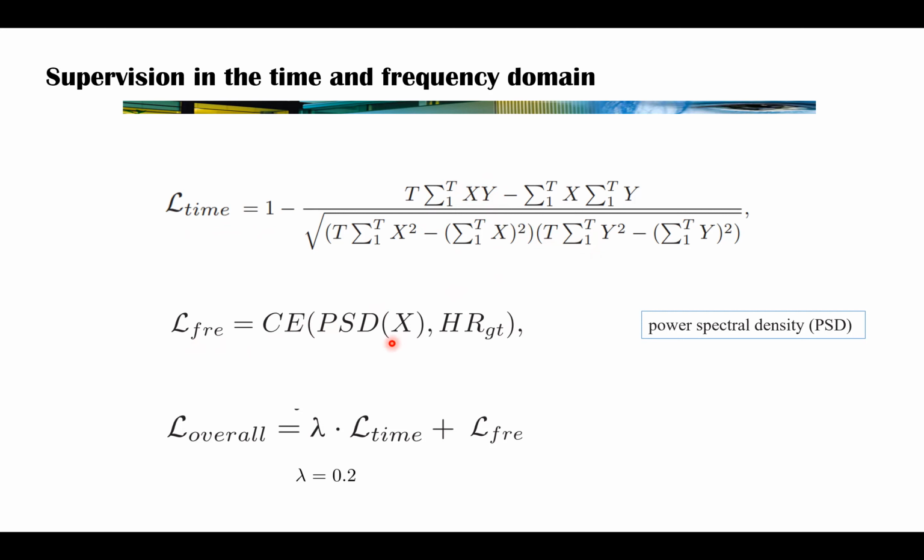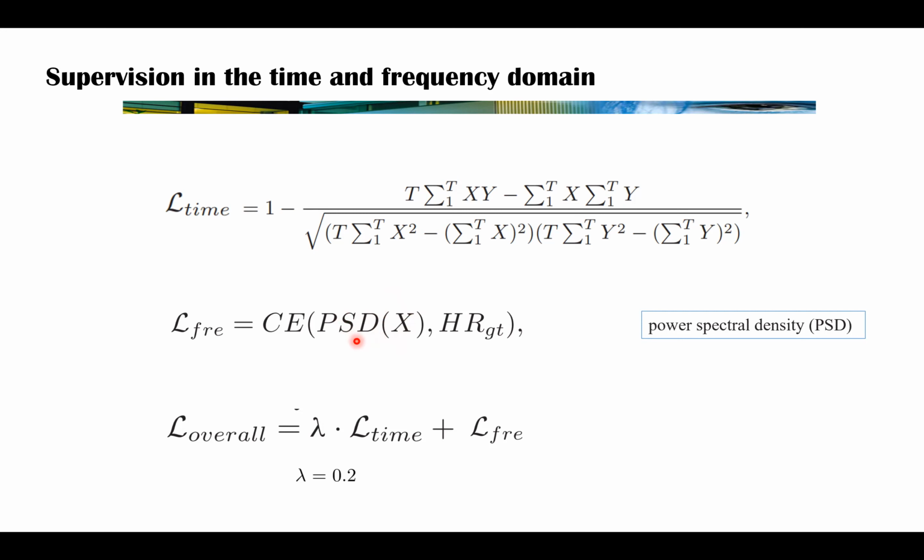First, we transform the predicted rPPG signal into the frequency domain using power spectral density. After that, we force the distribution of the PSD